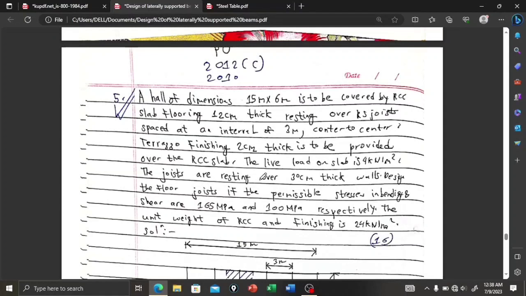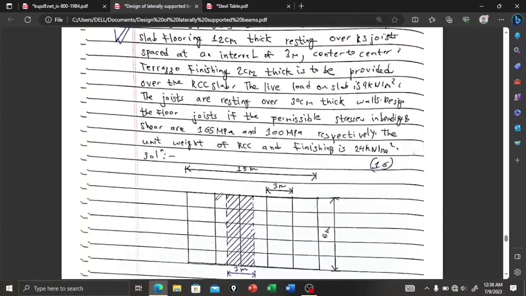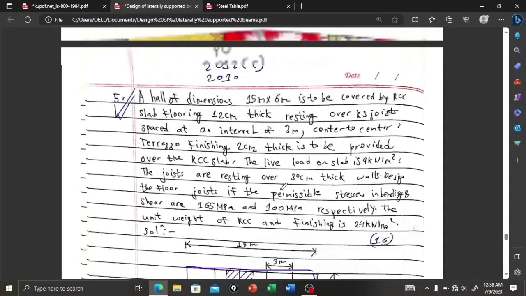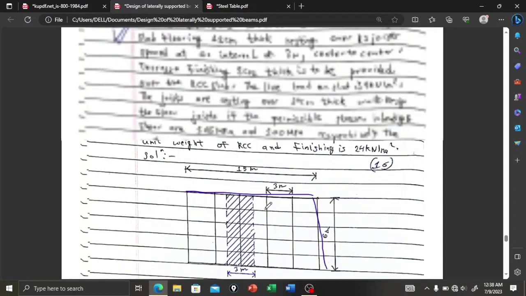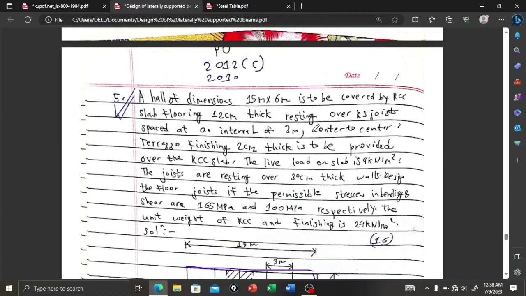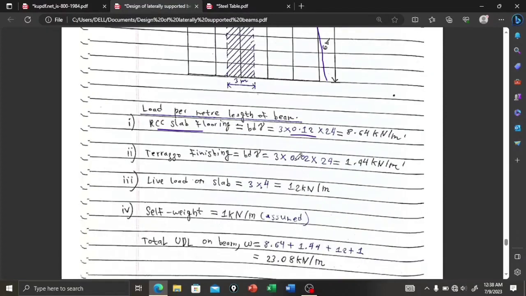The question is, a hall of dimension 15 meter by 6 meter is to be covered by RCC slab flooring 12 centimeter, that is 0.12, resting over RS joist spaced at 3 meter center to center,